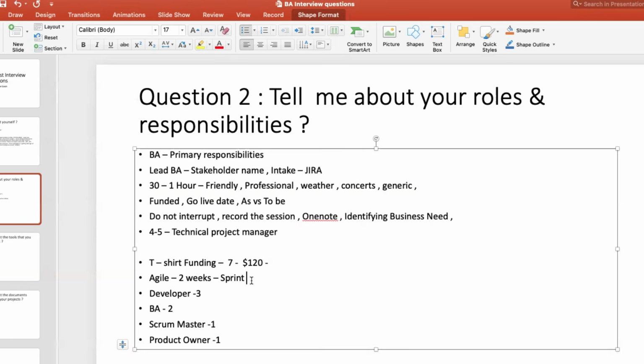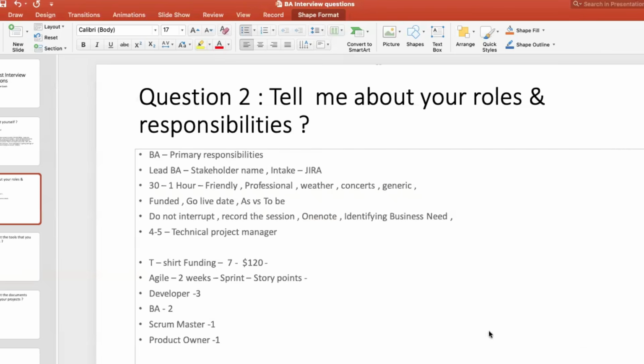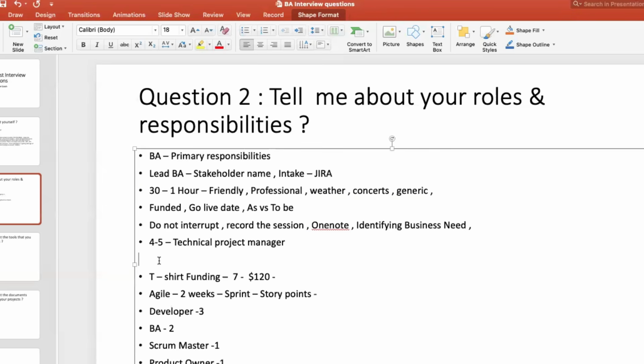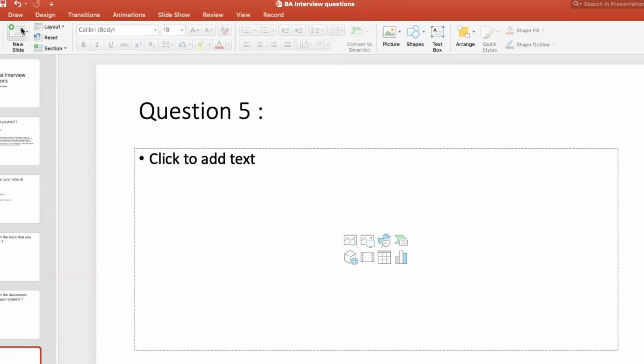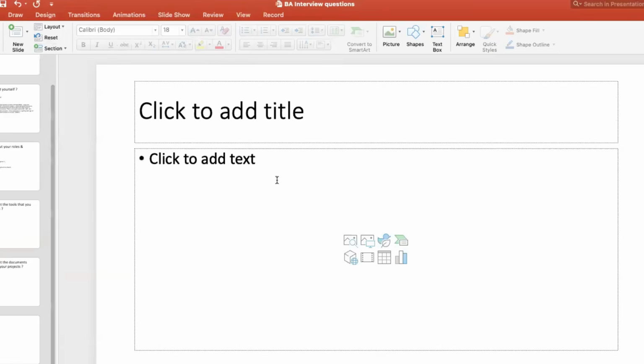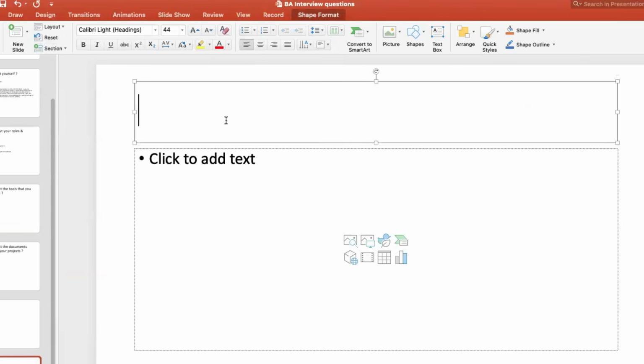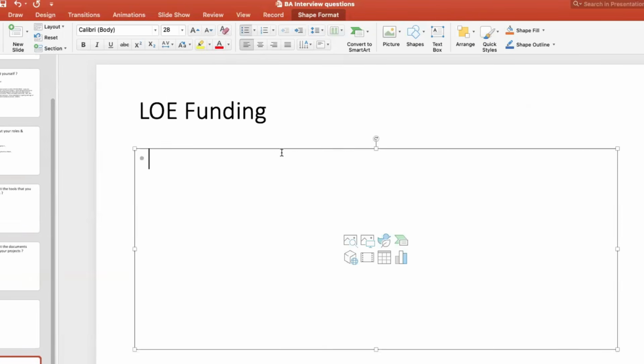So we can do it by how many story points it's going to take for this particular project. Let's say the developer is saying, for development, it's going to, so we have a table. You need to understand this, we have a table to calculate. So for example, how do we do LOE estimation? If you're going for lead level BA roles, this is a question they're going to ask you.